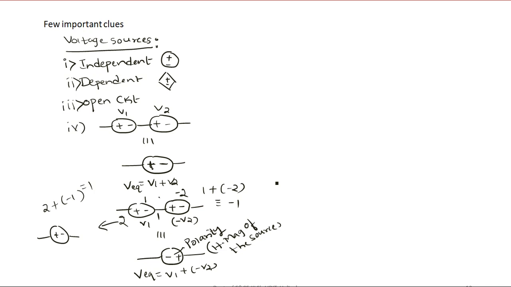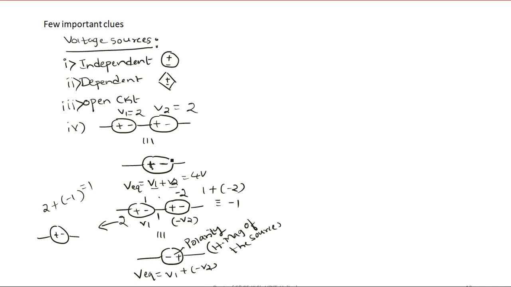Sir, yes, please. What if both have same polarity? Same polarity, okay. I told that just now, this one, the fourth. I mean, sir, both have 2 and 2, like same numbers. Okay, shall I take this fourth one as an example? I will take V1 equal to 2 and V2 equal to 2. In this way, are you telling? Yes, sir. So 2 plus 2. V1 is how much? 2. V2 is how much? 2. So this will be 4 volts. Is that clear?